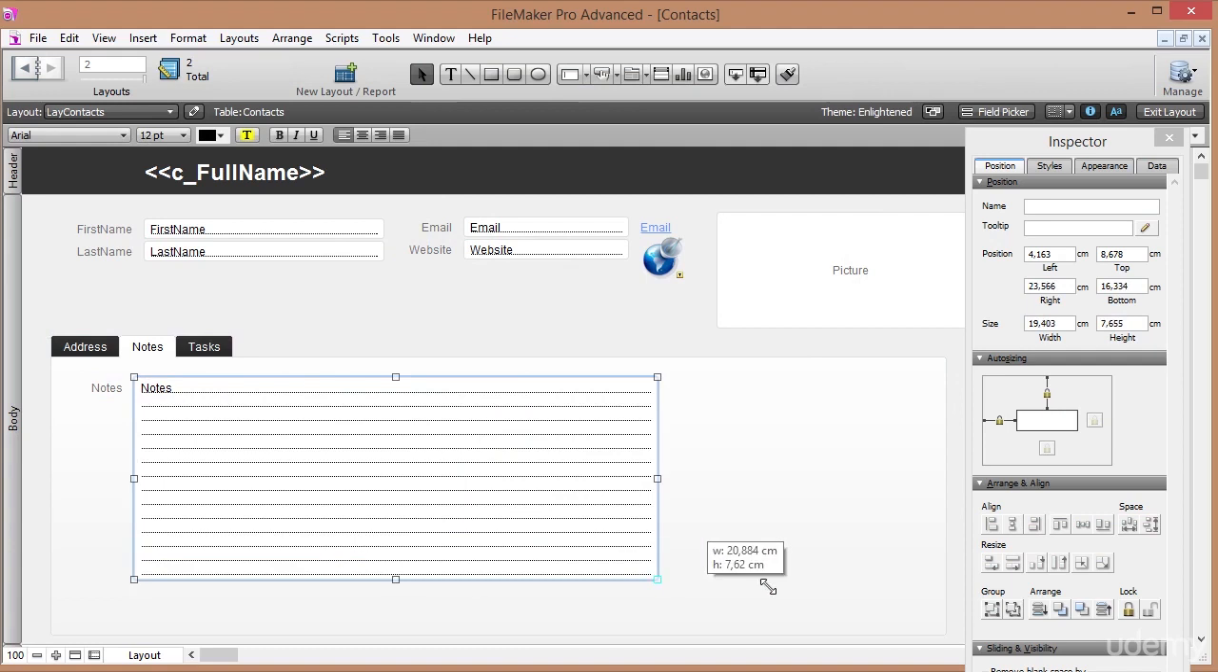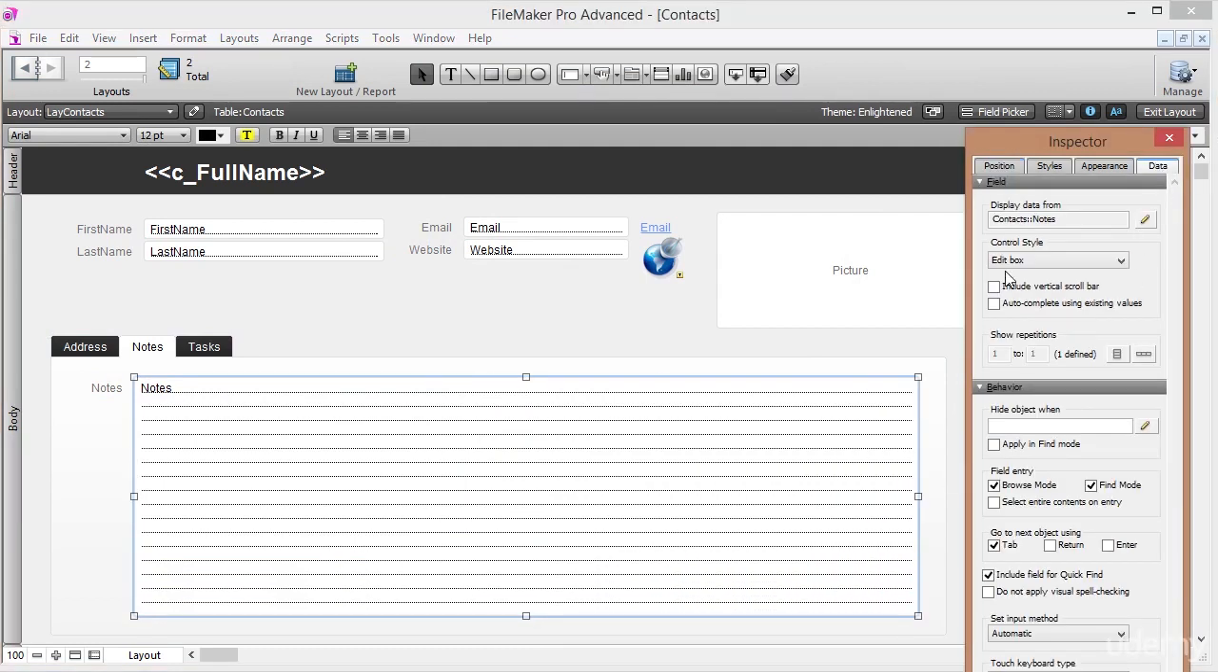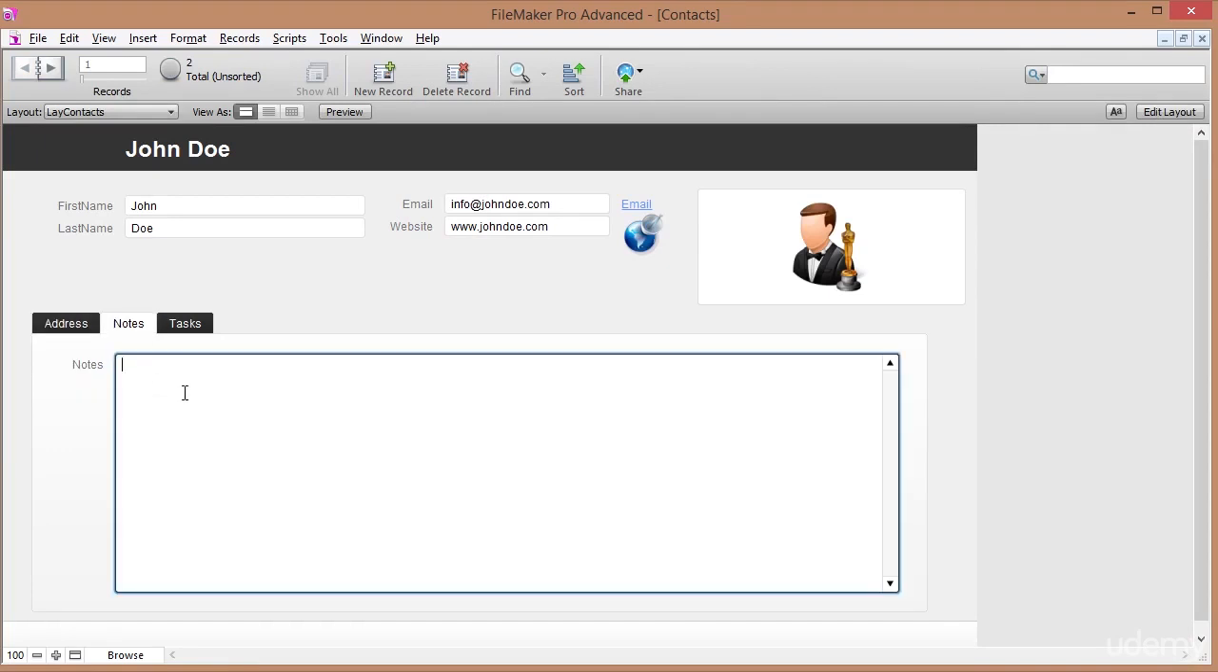I can make this really big, and if I want I can even go to data here and say this has to be an edit box, but I want to include a vertical scroll bar. Let's exit the layout, let's have a look. Great. I can add notes here, but